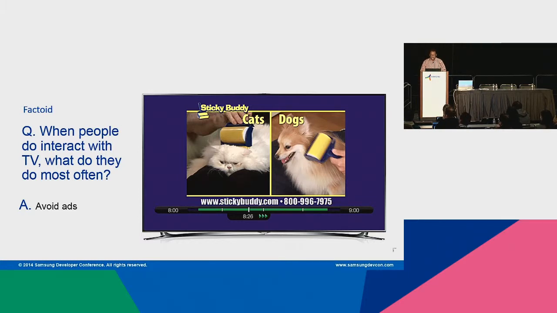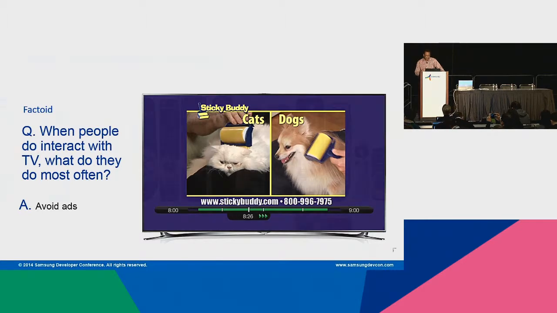People don't interact much with TV, but when they do, studies show that a primary interaction is to avoid ads. This is true for both live TV and DVR. On DVR systems, this has mainly become an automatic behavior. People don't really think much about it. They just do it. In one study, ad skipping was the most frequent way people interacted with TV, and this happened every 8 minutes while they were watching TV.